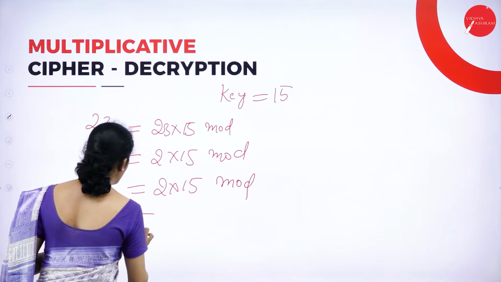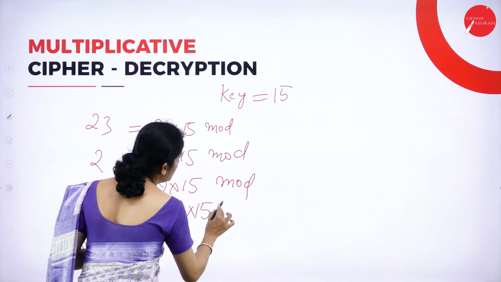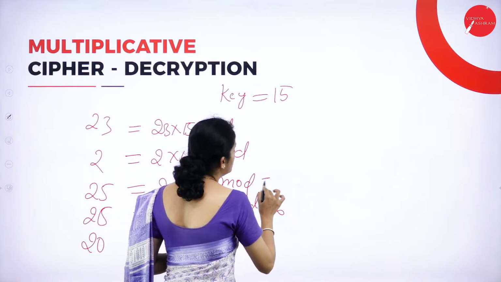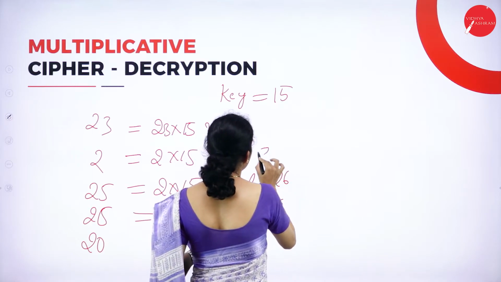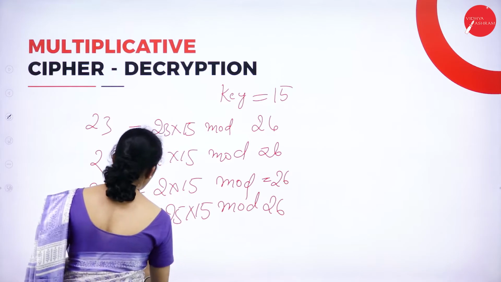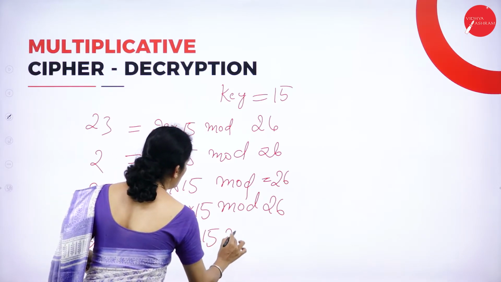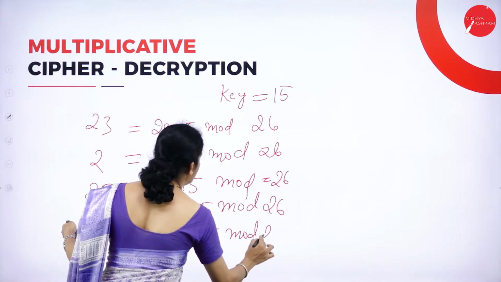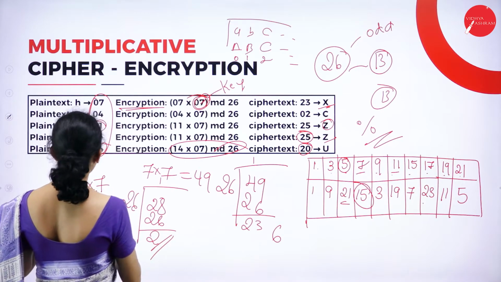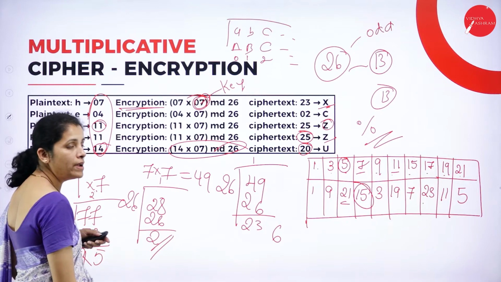Here also 25 into 15 mod 26, and here also 25 into 15 mod 26. So dear student, if I consider the previous example, I want to get the plain text value 7, 4,